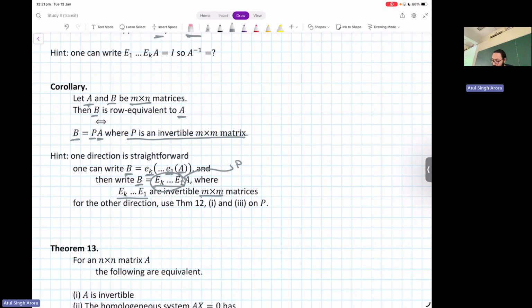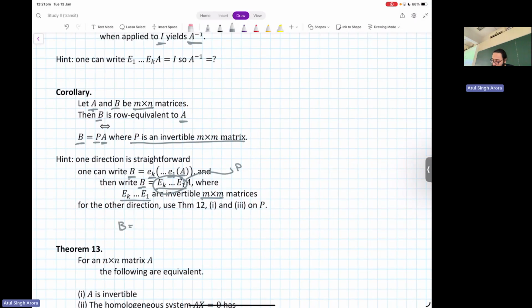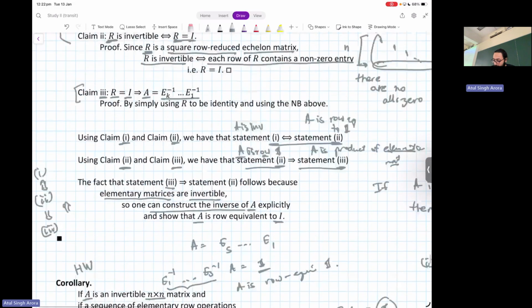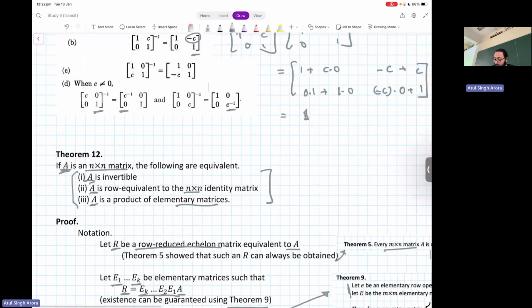The other direction is saying that if you can write B as P times A, where P is invertible, then we want to argue that B is row equivalent to A. But what did theorem 12 tell us? So theorem 12 said exactly this, right? So it said that instead of showing that